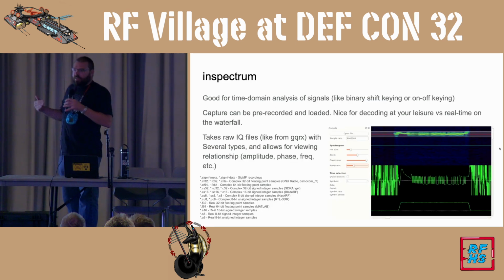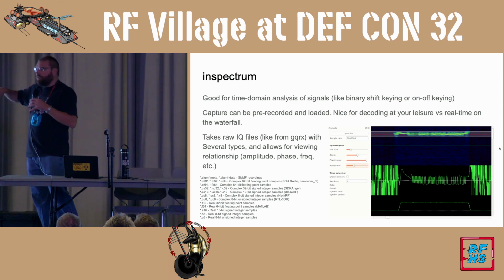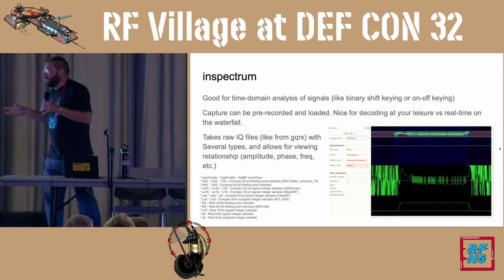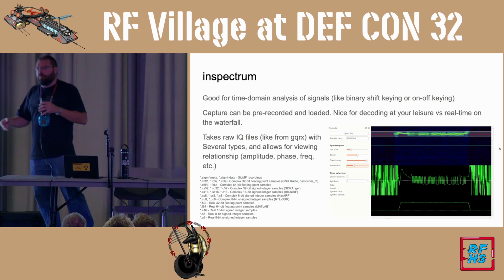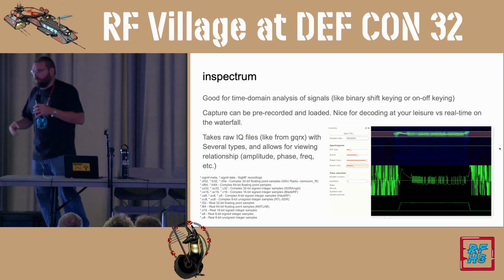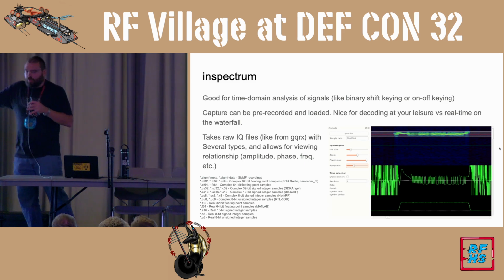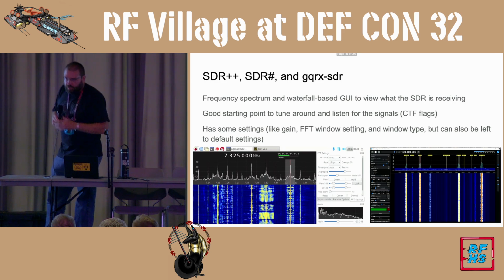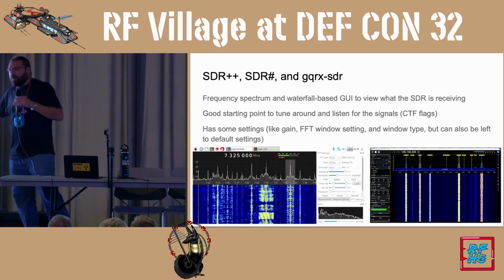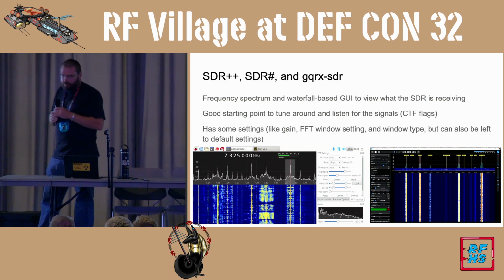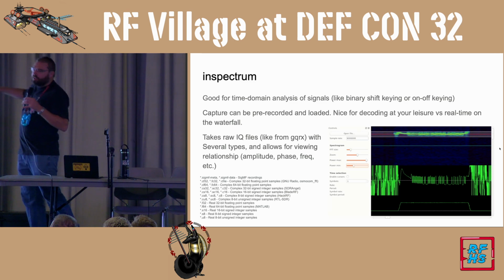So again, going down that list from simple or easy to more complex, we're getting into more of how you start analyzing signals. Inspectrum here is more geared for things like your key fob. So when you're starting to do frequency shift keying or on-off keying, your doorbells, things like that, we can use our waterfall program like GQRX or SDR, and we could hit record. If we see a flag, we can hit record saying, okay, I want to capture this now. Inspectrum is a great way to replay that and say, okay, what do I see in the signal?